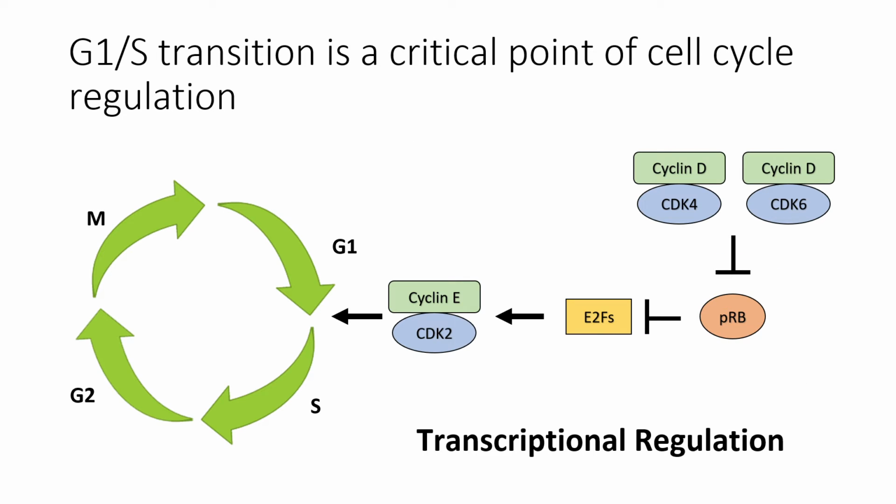One of the key points of cell cycle regulation is at the G1 to S phase transition. Signaling from the E2F transcription factors acts through cyclin E and cyclin-dependent kinase 2 to drive expression of many genes needed for DNA synthesis and cell replication. E2Fs are repressed by the retinoblastoma protein, pRB, and become active when cyclin D and CDKs 4 and 6 repress